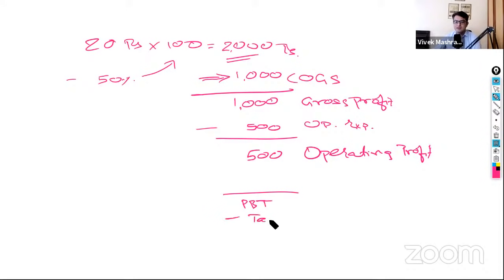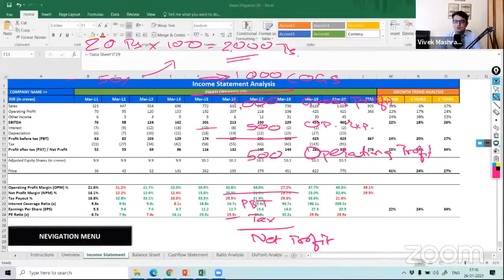And then you of course pay tax to the government, right? And then you are left with the net profit. This is how the entire income statement looks. Very, very simple. Okay. So nothing difficult. Even if you are non-finance, you have never seen this, nothing to worry about. It's as simple as it can get.